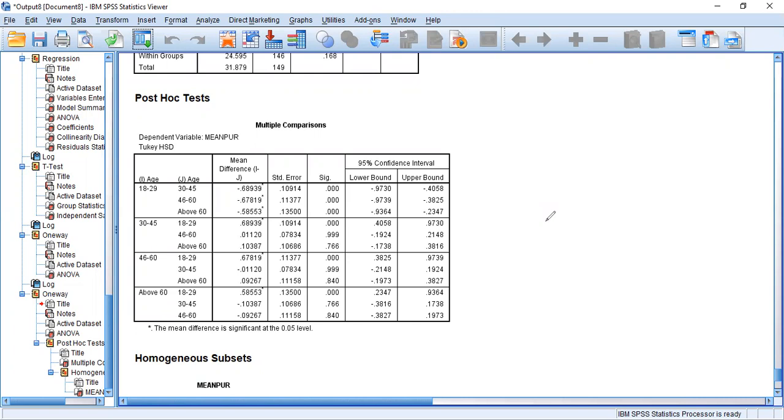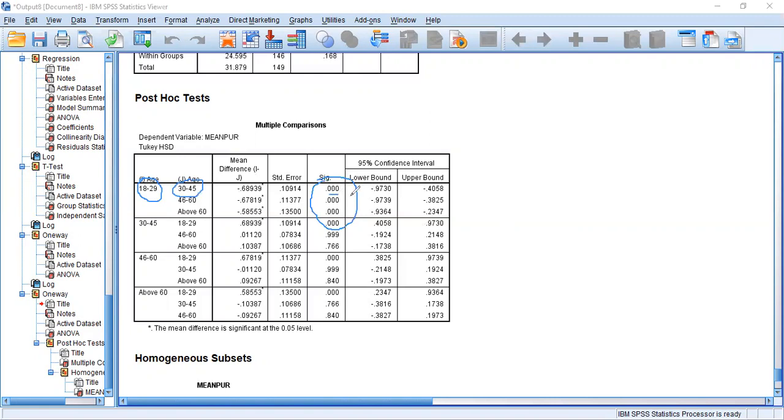Now this one indicates the purchase intention of the 18 to 29 group people in comparison with 30 to 45. So that indicates the first row.